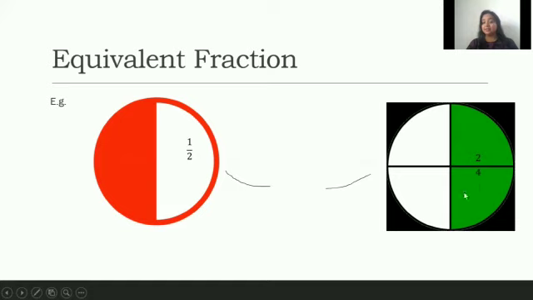However, look at this circle. This circle is divided into 4 parts, so we write 4 here in the denominator, and these 2 parts are circled green. So this 2 part combinedly, if we talk about, we can write 2 by 4. However, this 2 by 4 is the half part of the circle. So this 1 by 2 and 2 by 4 is equivalent. Whenever you are getting confused with the equivalent concept, either make a circle or make the fraction wall, you will be cleared.